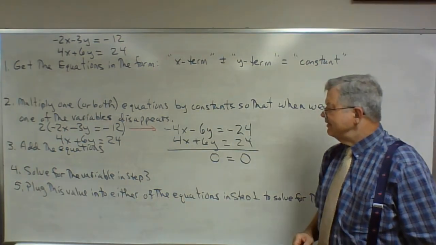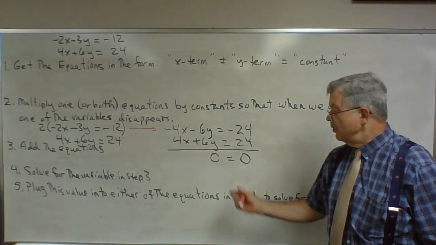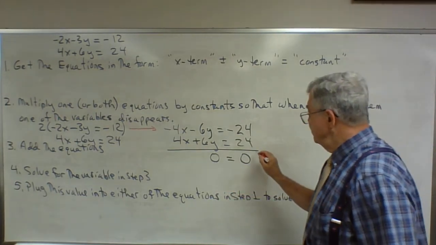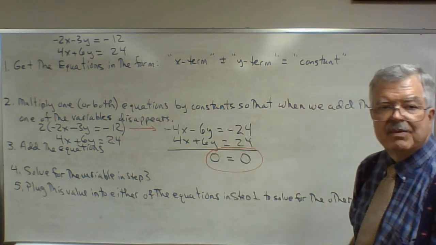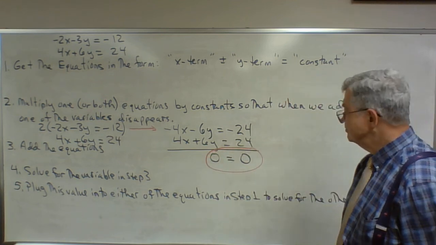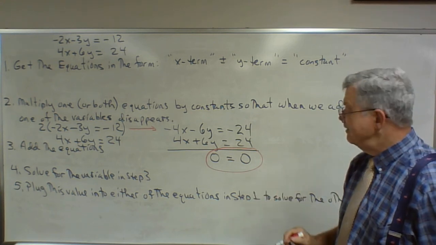What values of x and y will make this true? All values of x and y will make this true. So when we see this, 0 equals 0, or 12 equals 12, or 5 equals 5,